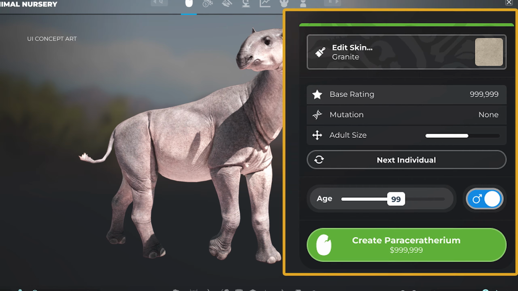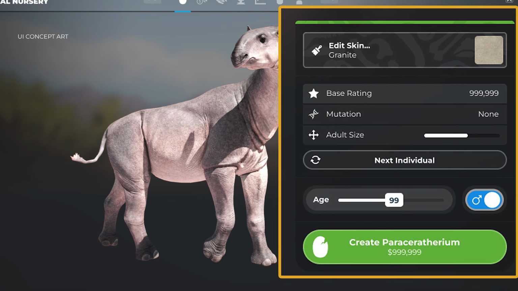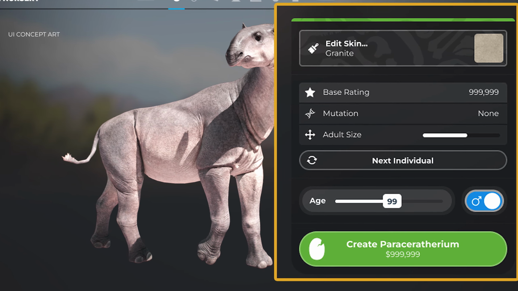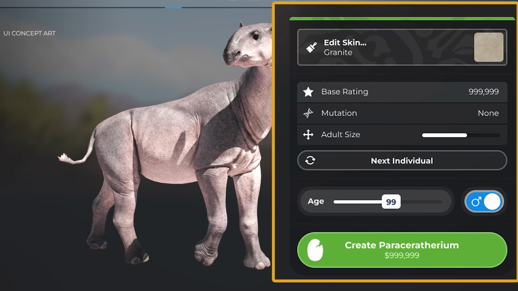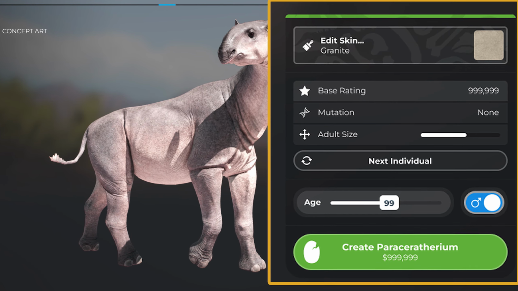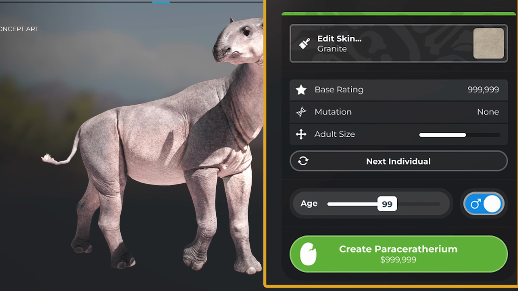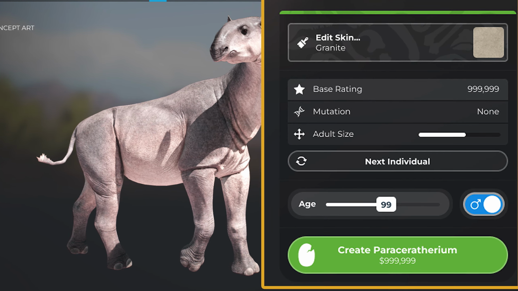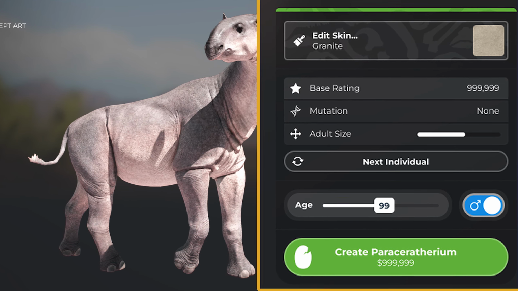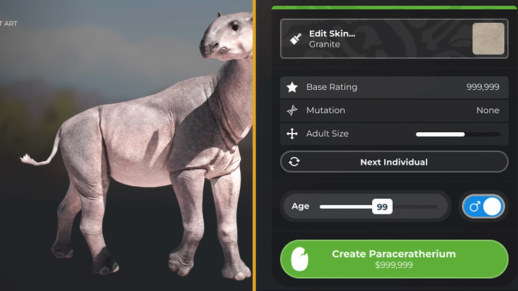So basically when you preview an animal now in the nursery going forward, you're not just seeing a stock Paraceratherium or whatever it is, but you're seeing the specific individual, and I think it is actually going to be reflected on screen, which is incredible. You're going to see the specific individual that you're going to be hatching. You'll know what that animal looks like. You'll see the size, you'll see the skin and how the skin pattern has changed. You'll see the mutation visibly if it has one. And if you want a different one, you click next individual and you can start to rotate through them and